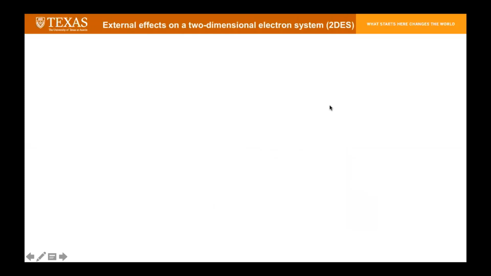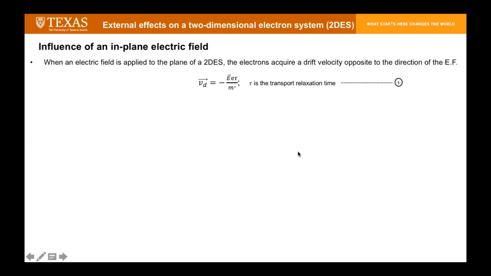Okay. So we are now going to look at some external effects. We are going to now focus on just a two-dimensional electron system, and we'll look at what happens when you apply an electric field or a magnetic field to such a system. So, okay. So consider a 2D sheet of electrons with nothing done to it, and you have the system at room